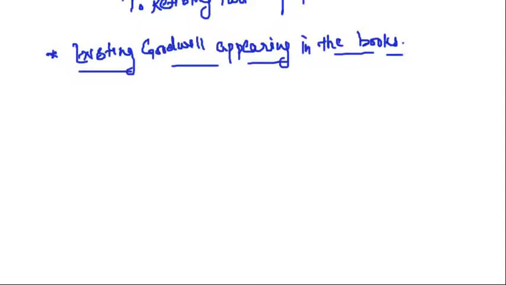All the partners means even the retiring partner, because that goodwill belongs to a period when the retiring partner was also a part of the partnership firm. So it will be all partners